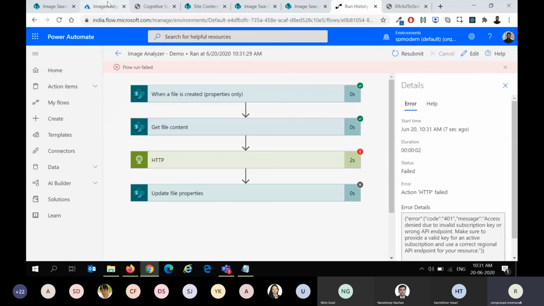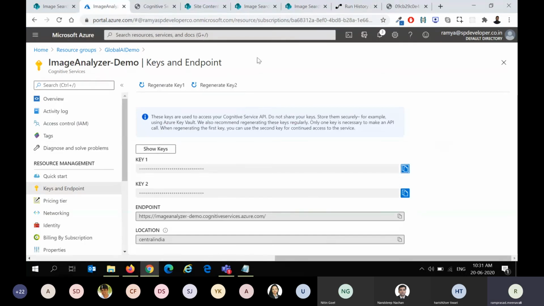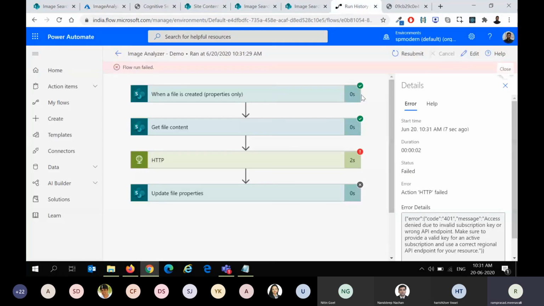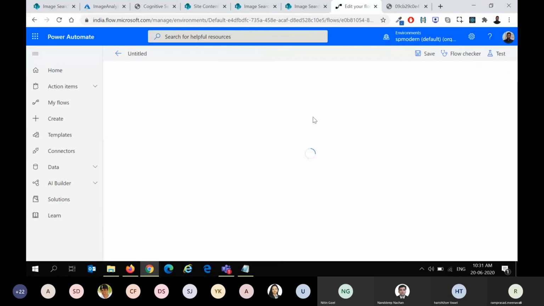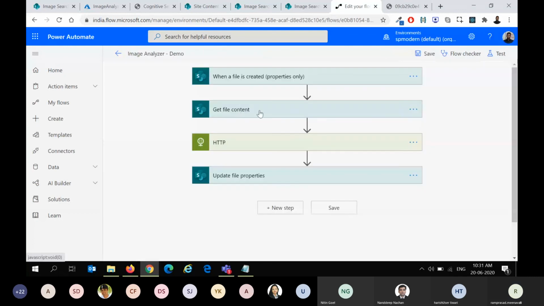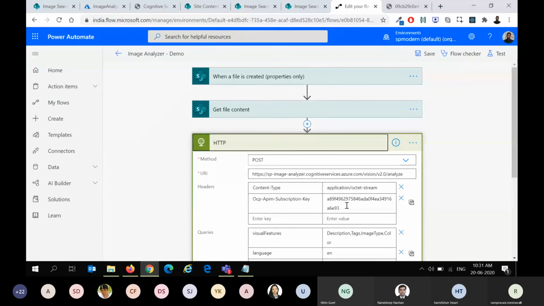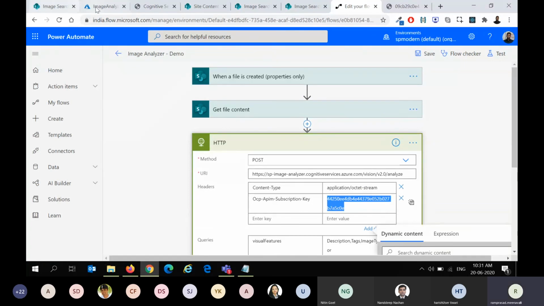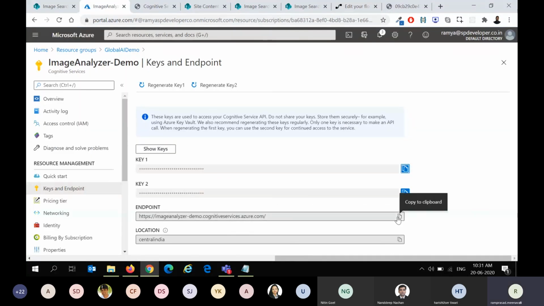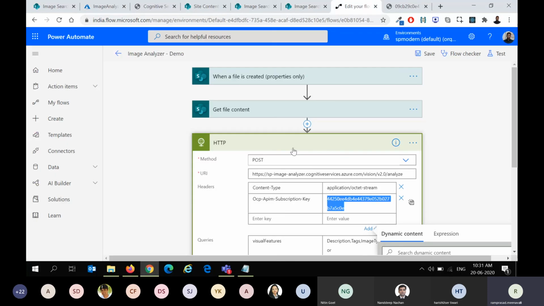Okay, I think my subscription key was wrong. So let me copy the new subscription key. So this is my new subscription key and this will be my new endpoint.